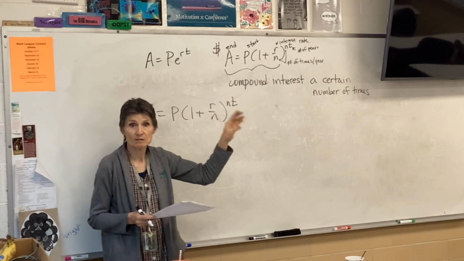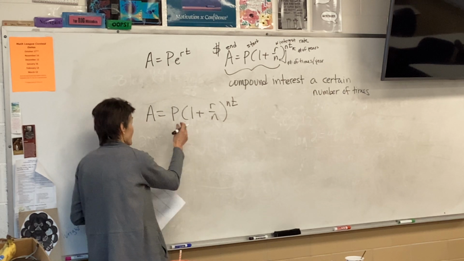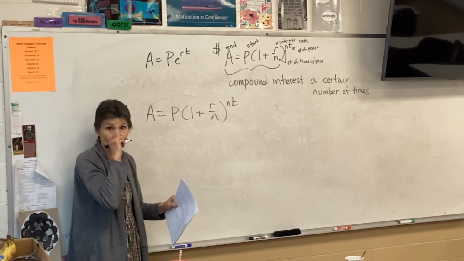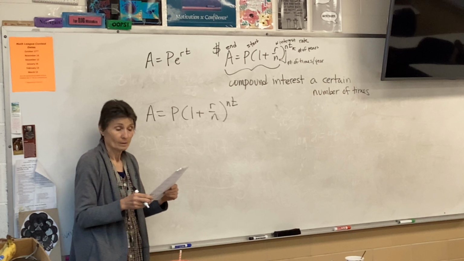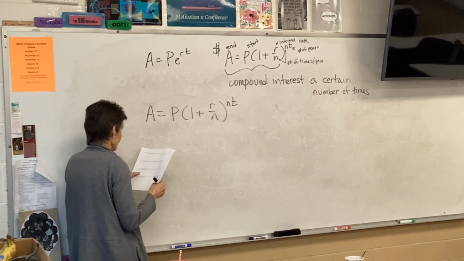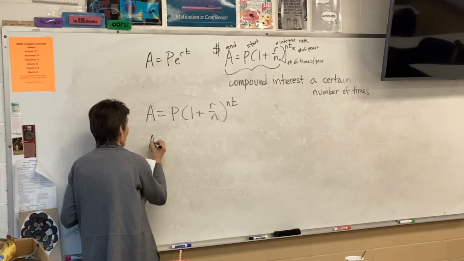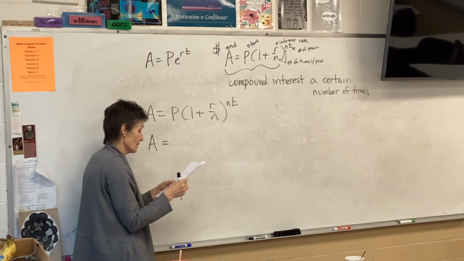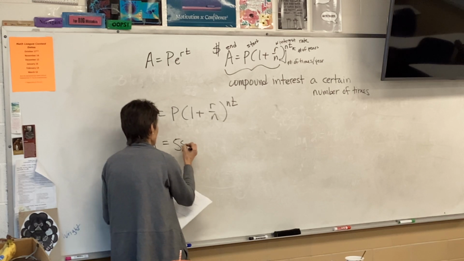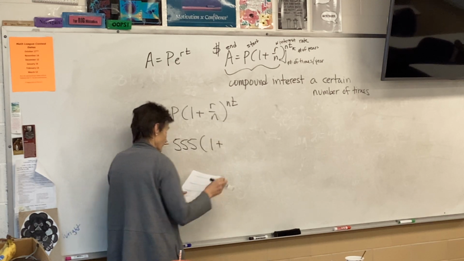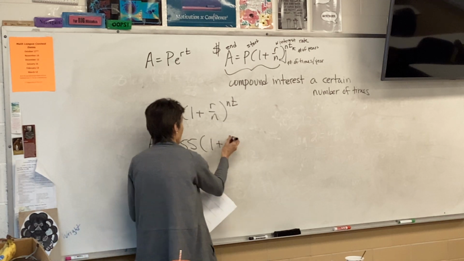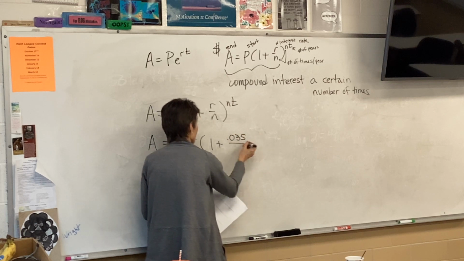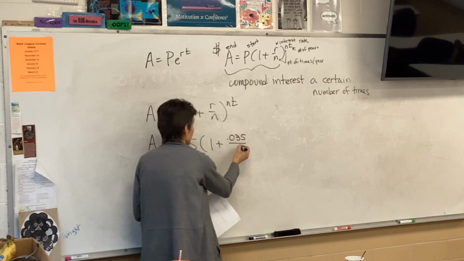That's when I use this formula. So number 7 is going to be this formula again. Okay, so here we go. How much will I have in the account? In other words, how much will I end up with if I deposit $555 at an interest rate of 0.035, compounded monthly